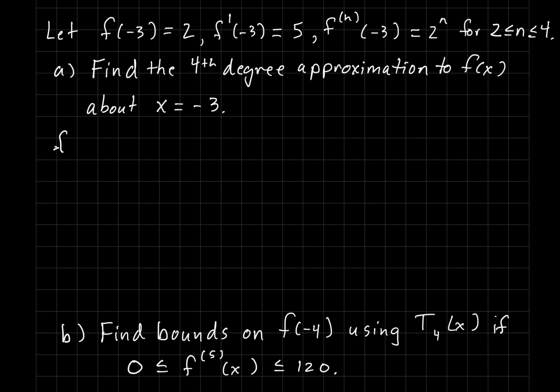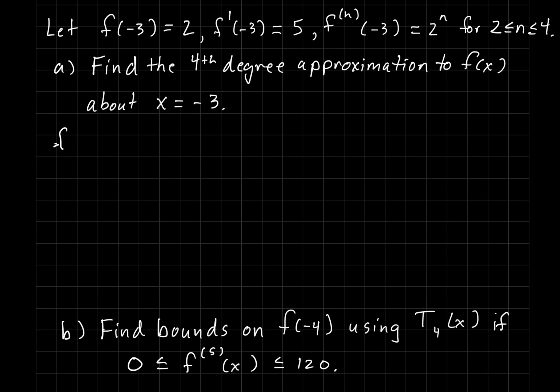So I could say that f of x is approximated by my fourth degree polynomial, which is f of negative 3 plus f prime of negative 3 times x minus negative 3